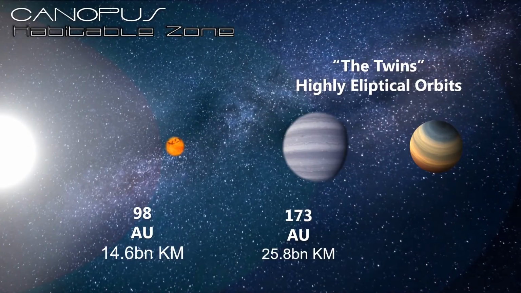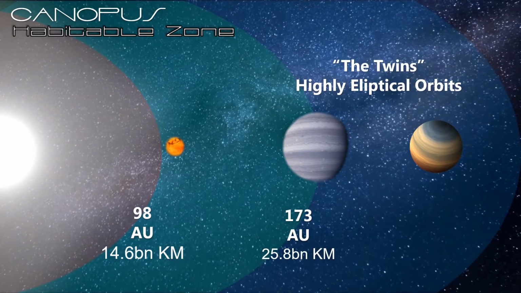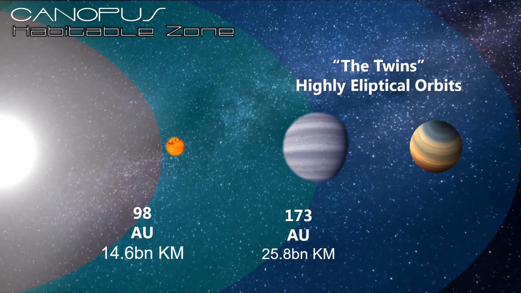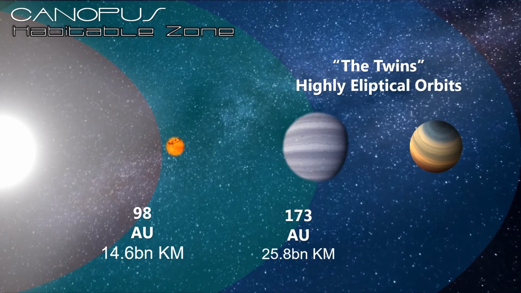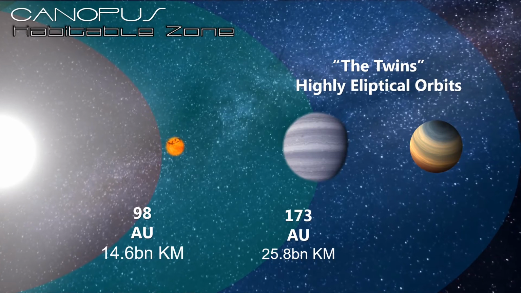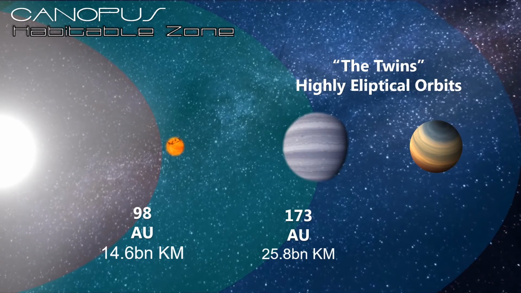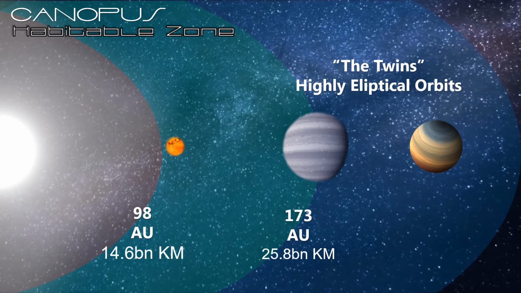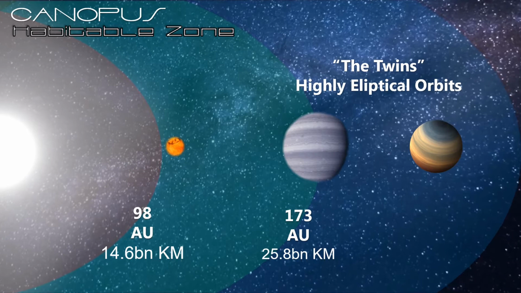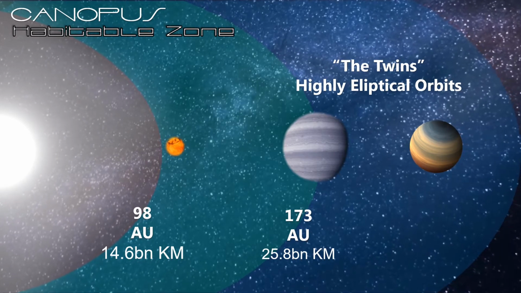In stark contrast to our own star, the Sun, beginning at roughly 0.8 astronomical units, if we look at the habitable zone of the star of Canopus, its normal situation would begin at 98 astronomical units. Remember that we said earlier that planet Dune was estimated at around 0.5 astronomical units, so it does seem very unrealistic, doesn't it? And indeed, the habitable zone of Canopus doesn't begin until almost 2.5 times further out than the planet Pluto from our own Sun. And not only that, but it's a large habitable zone that reaches out all the way from 98 astronomical units to 173.